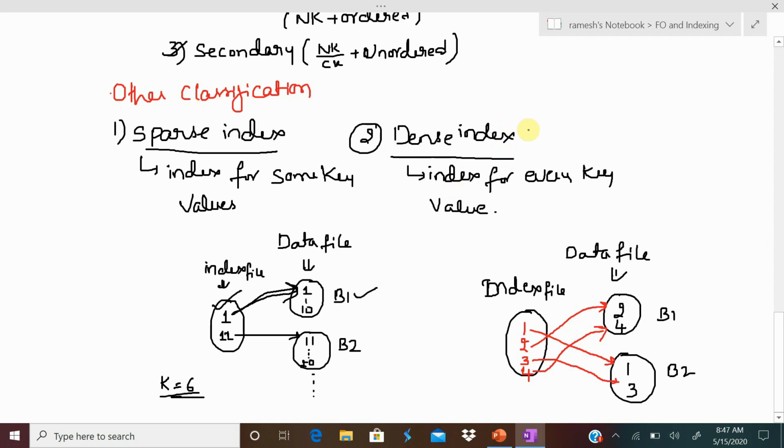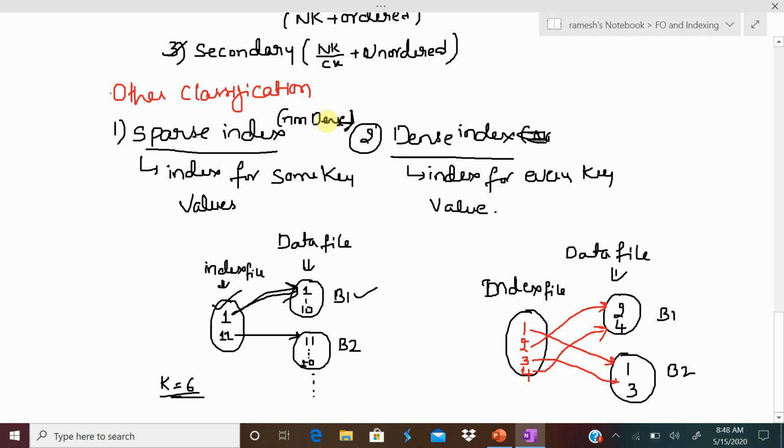Some people also call it dense index, and this sparse index is also called non-dense index. Dense and non-dense index. This is another terminology that will be followed.